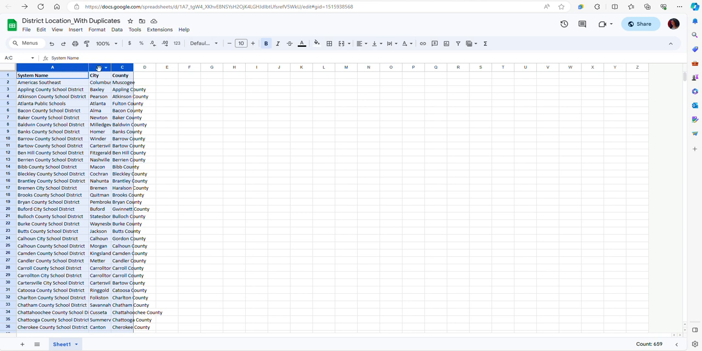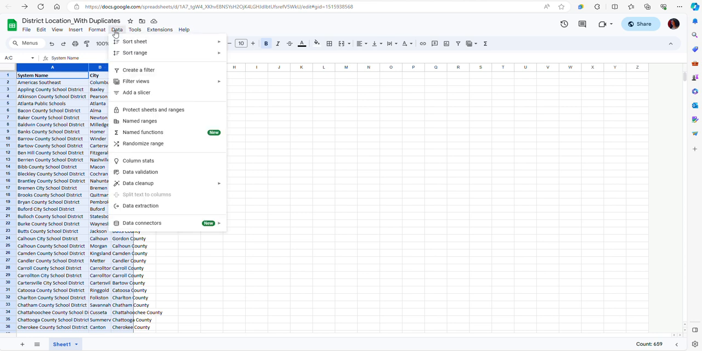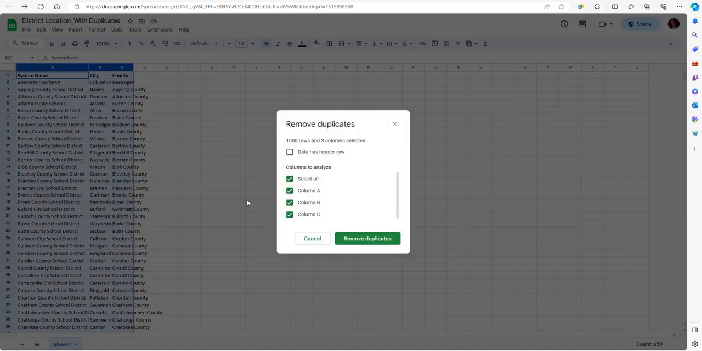So after selecting the columns, I am going to go to the data menu and then select data cleanup, and from the data cleanup menu, remove duplicates. And I am going to specify here that the first row is actually a header row. So I'm going to check this first box, and then Google Sheets asks which columns you want to include in